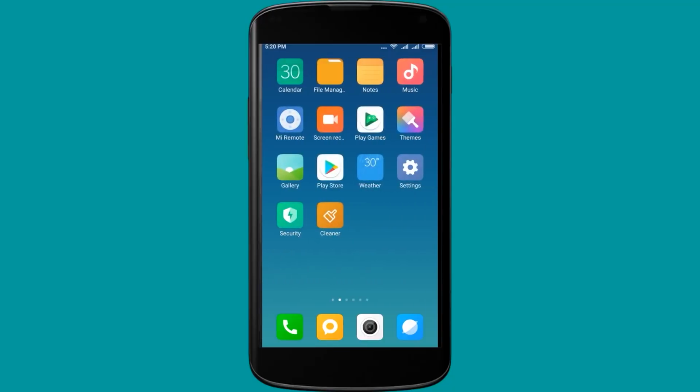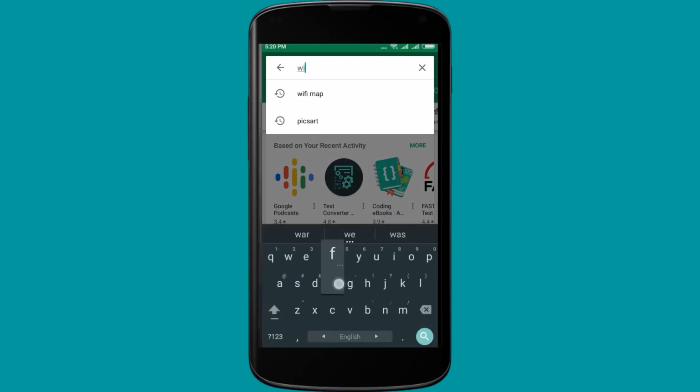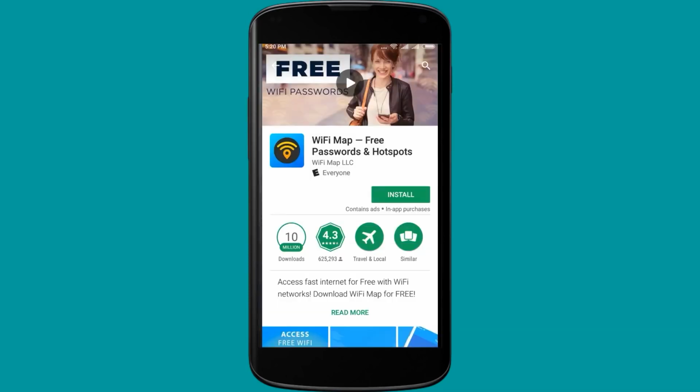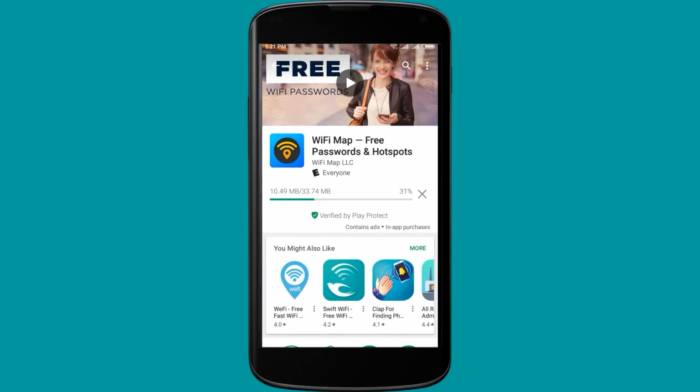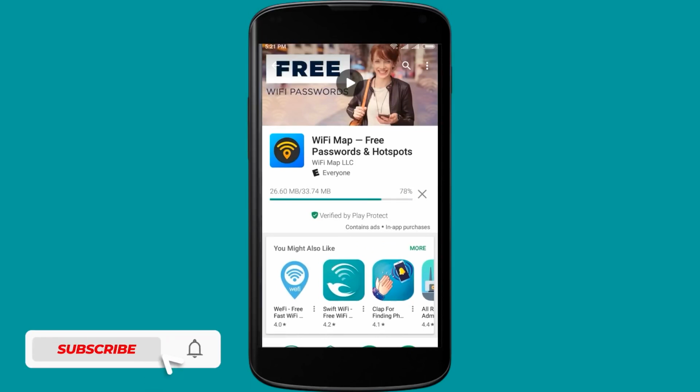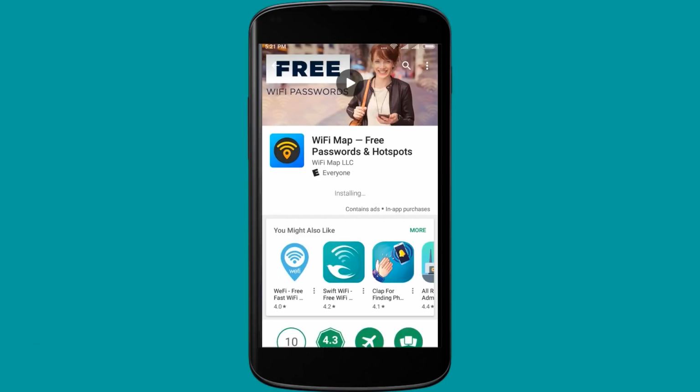So guys, first you need to install an Android app from Play Store. So open up Play Store or App Store on your smartphone and search for this app, Wi-Fi Map. Then install this Wi-Fi Map app on your smartphone. Basically the concept of this Wi-Fi Map is it will show you the nearest open Wi-Fi and some shared Wi-Fi access points. You just need to go there and you will be able to use a free Wi-Fi connection. Personally I use this app and it really works, guys. That's why I decided to make this video for you.